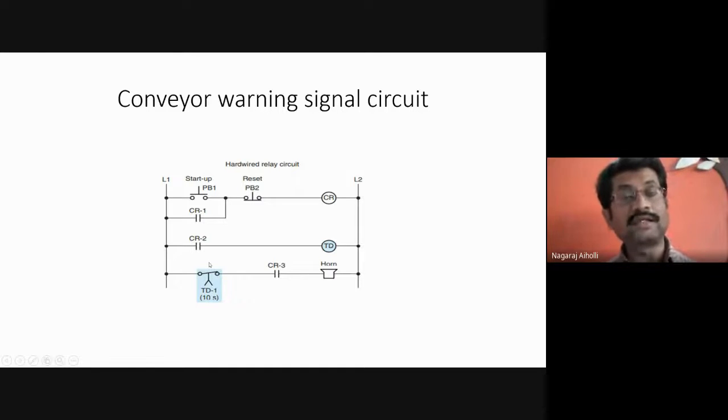It will remain open for 10 seconds. Don't think that when it is open for 1 second, or immediately when it opens, the circuit will become open. No, it's not like that. That is the meaning and importance of the timed contact. When it is opening for 10 seconds, whatever was the previous state of the timed contact, it will remain in that state. Previously it was in the closed state, right? Now it is slowly opening. It is taking time and it will open up to 10 seconds, right?